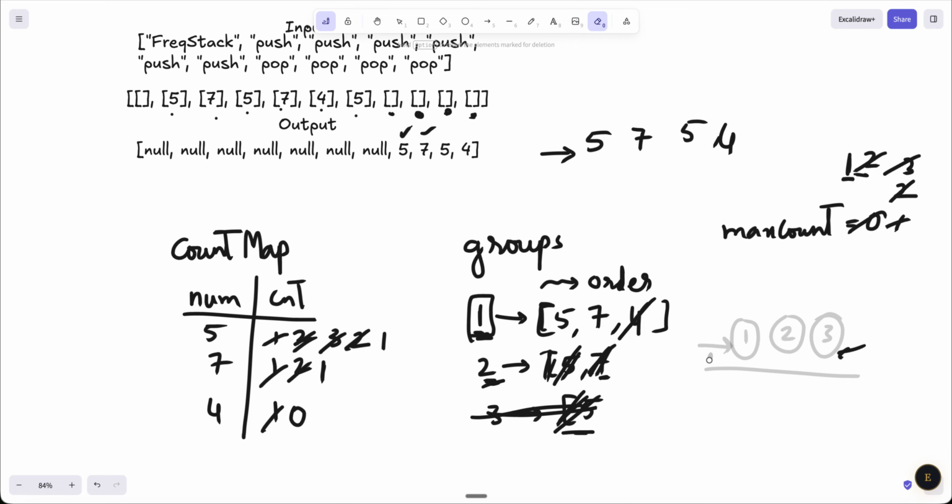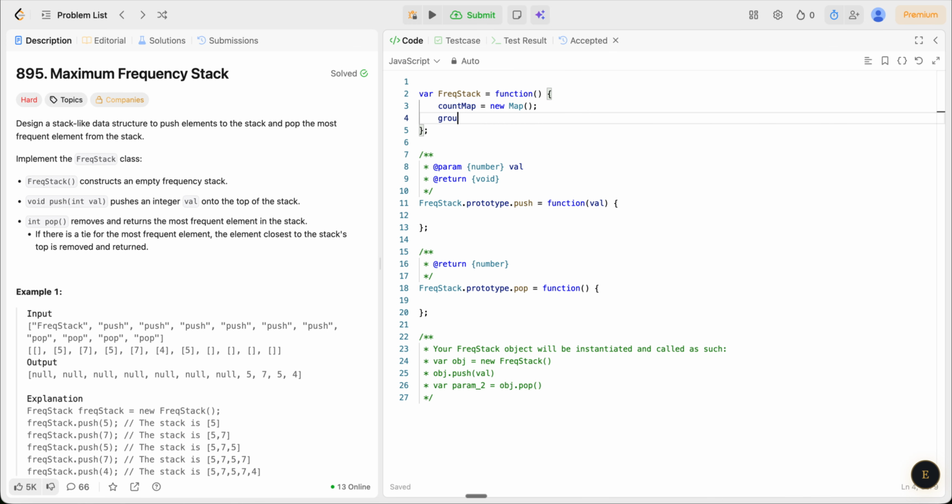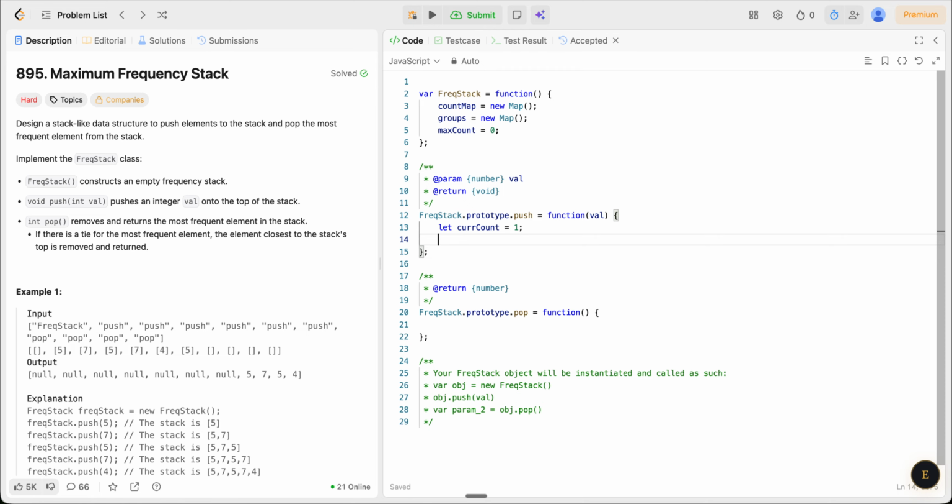Now let's try to write code for this. We'll maintain a count map. We also will maintain the groups. We'll have a max count. Then inside push, current count. If there is no element, it will be initialized to 1. So I am just directly giving it as 1, and we will check if